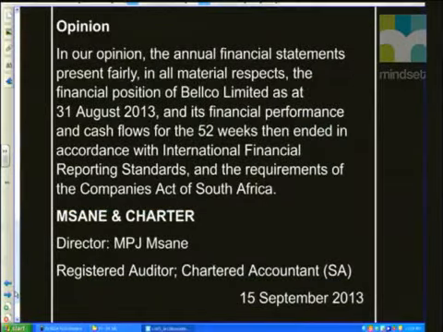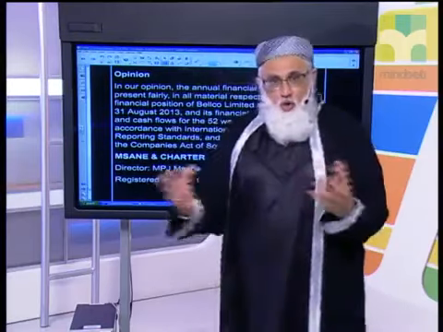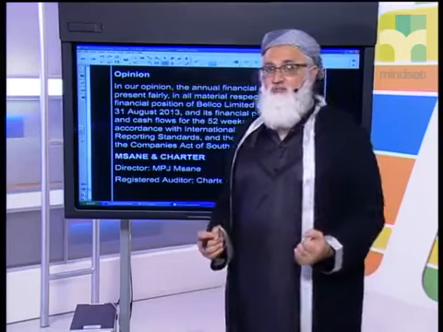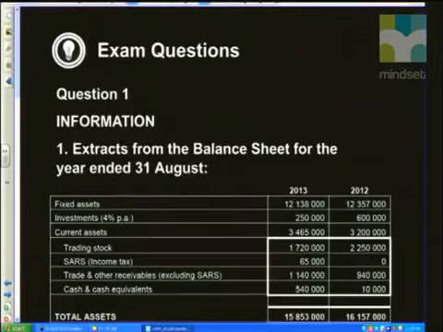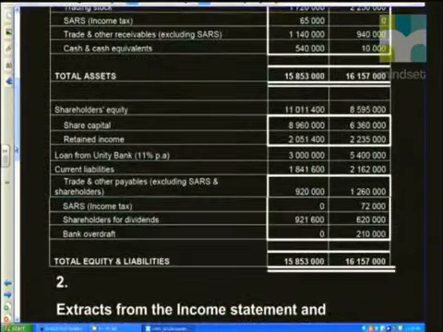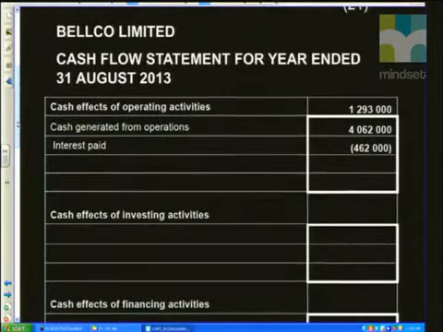So you can see it's a mixed bag of questions, a variety of questions, examining all the different components that you can expect in your exams. Let's move right into the question. In question 1, we are expected to calculate the cash flow statement. When we start with the cash flow statement, the cash generated from operations is a given. As you can see, it appears in your answer book, so there's no need to calculate it.